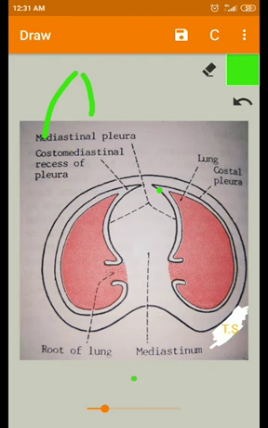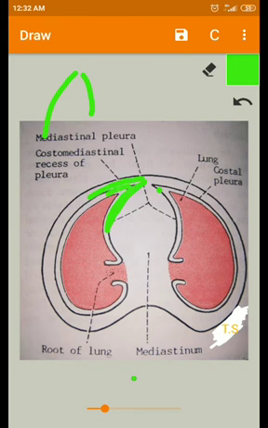On the medial aspect of the lung, it belongs to the mediastinal pleura. So on the anterior side, it is formed by the costal pleura and the mediastinal pleura. This also helps during breathing, during inspiration. What will happen, the lung is expanding anteriorly, so it gives some space here, anteriorly